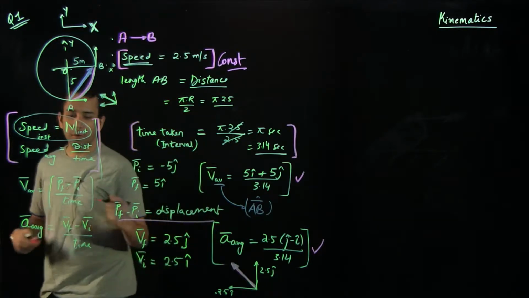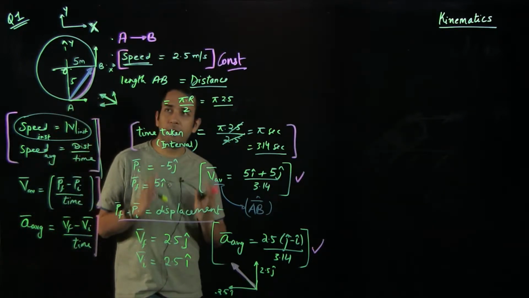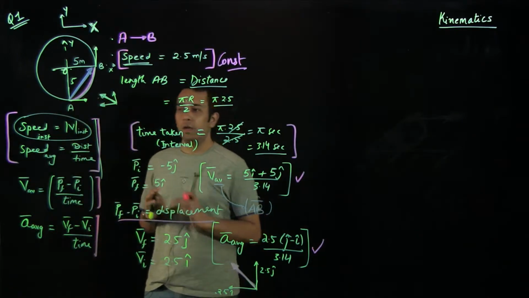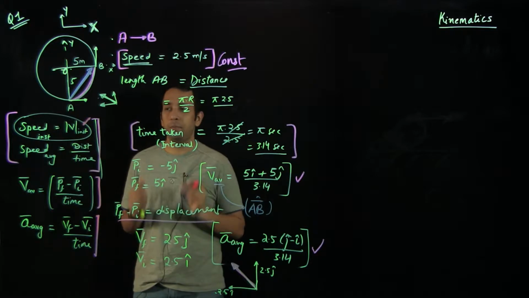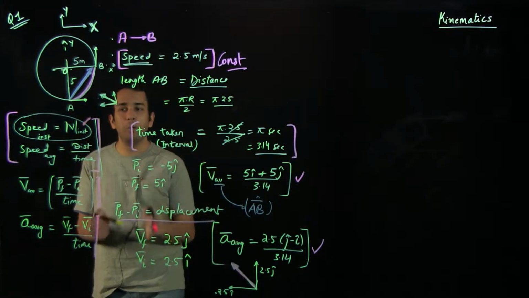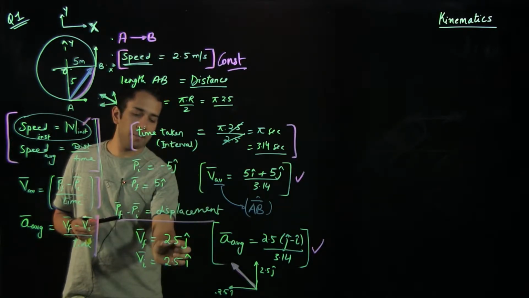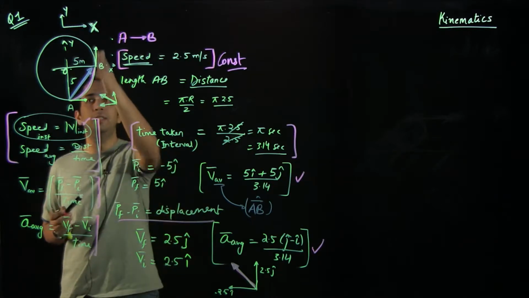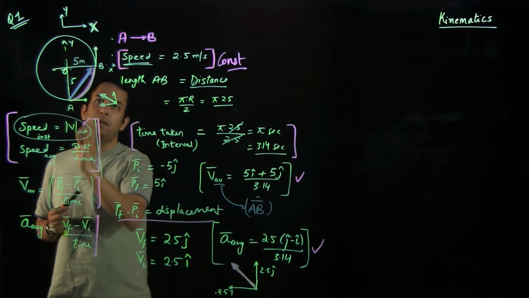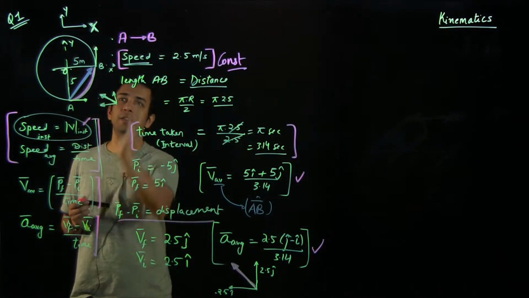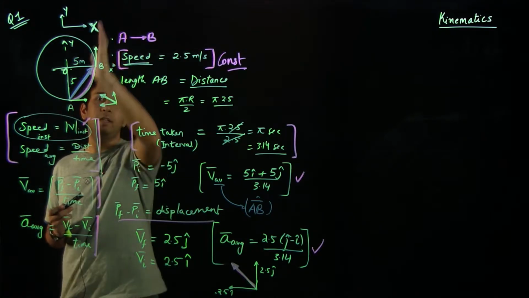In the next part, we were interested in calculating the average acceleration. To calculate the average acceleration, we need to find the final velocity as well as the initial velocity. Now we are using the second formula related to speed, that is the instantaneous speed: the speed of a particle at an instant is actually the magnitude of the velocity at that instant. So the final velocity would have the same magnitude of 2.5, but the direction would be tangential to the circle at that point, along the path in which the particle has a tendency to move. The particle had a tendency to move from A to B, so the tangential direction will be upward.